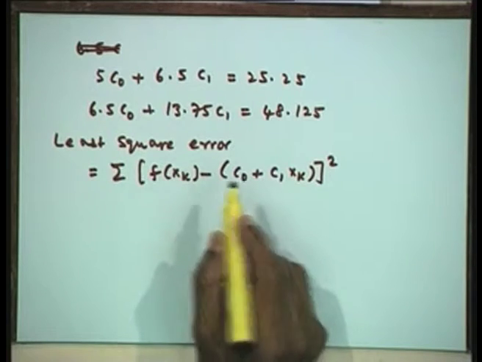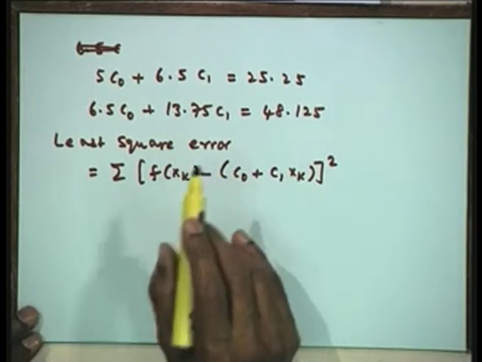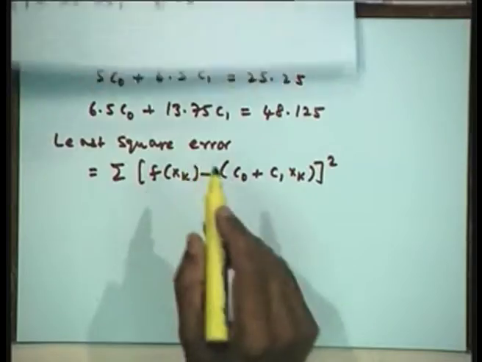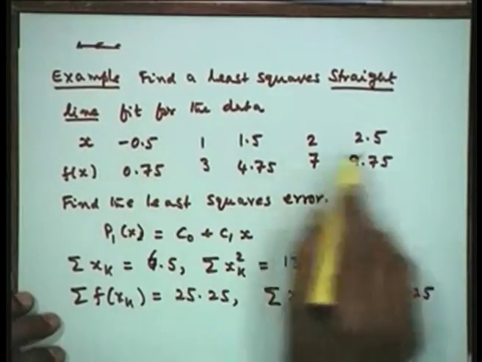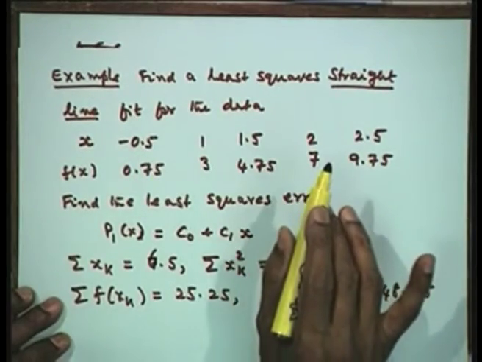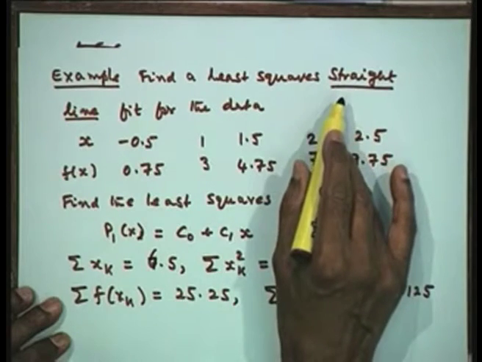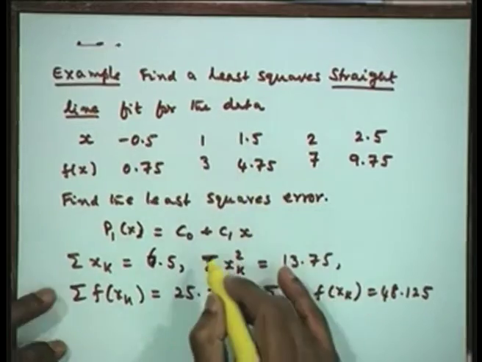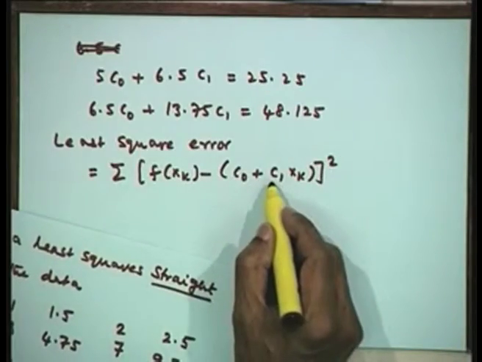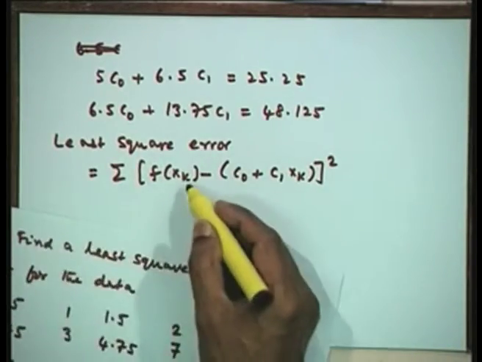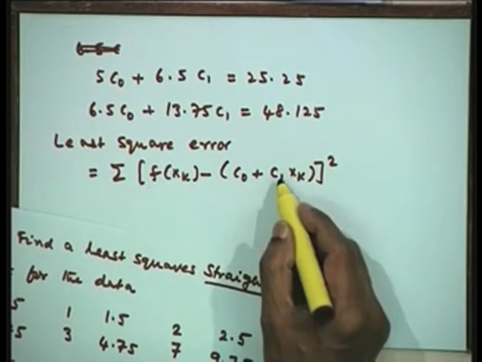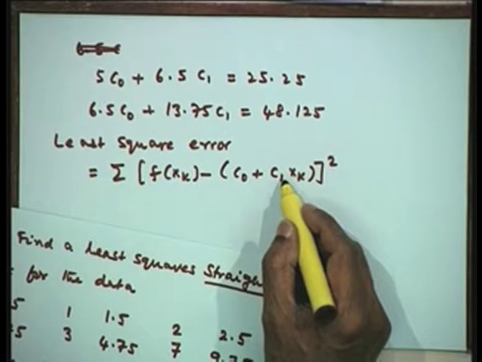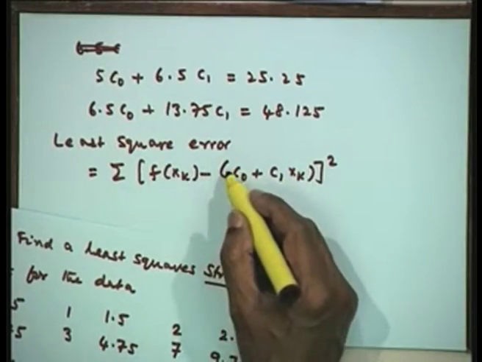Now, we would like to repeat that the approximation we have got here is not fitting this data at all. It is not an interpolating polynomial, it is only an approximation to the function that is representing this data. Therefore, there is least square error. If it was an interpolation, it would fit this data exactly, and there would be no error, but this is an approximation.